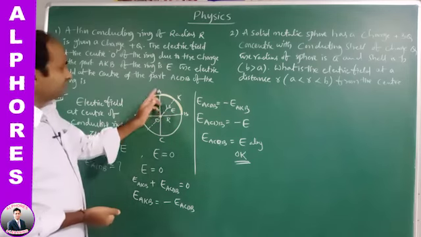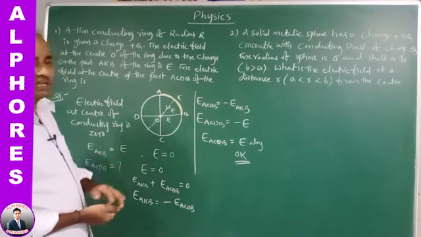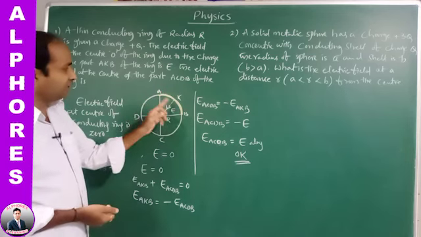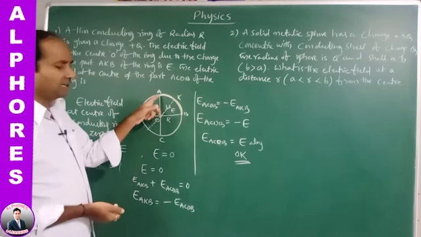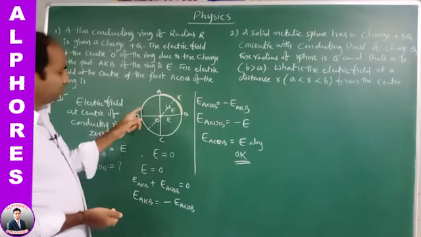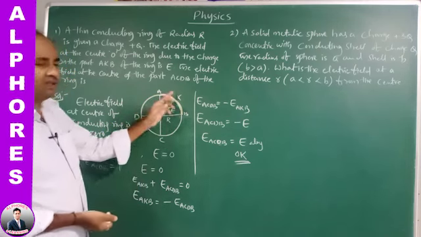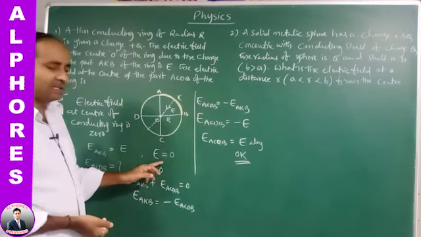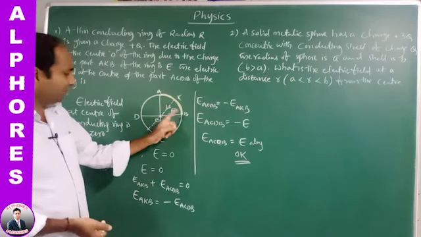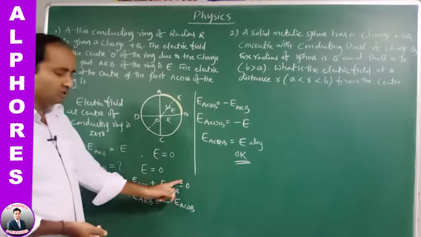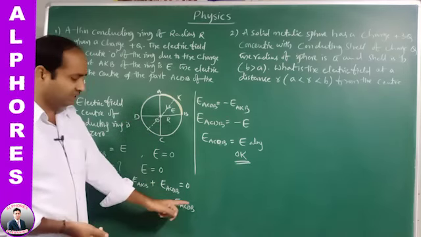So this is a conducting ring of given radius capital R, and they also gave the electric field due to this part as E. We should find the electric field at the same center due to the rest of the part ADCB. We know that the electric field due to the conducting ring at its center is 0, meaning the sum of the fields due to AKB and ADCB is 0. We may write E of AKB is equal to minus E of ACDB.